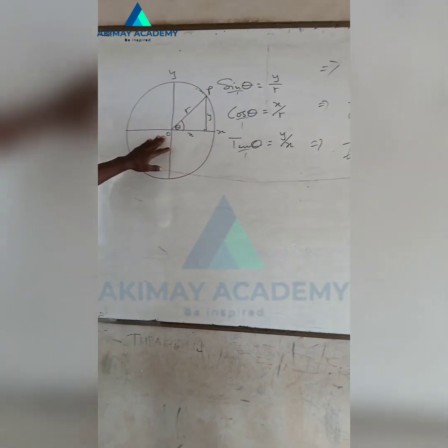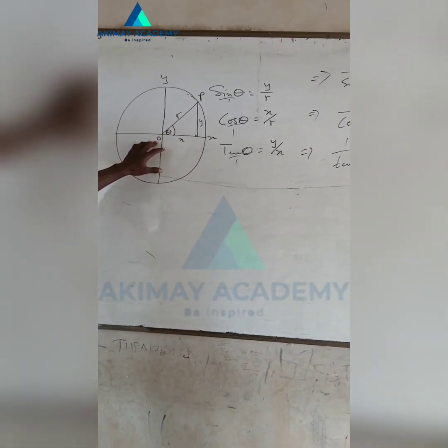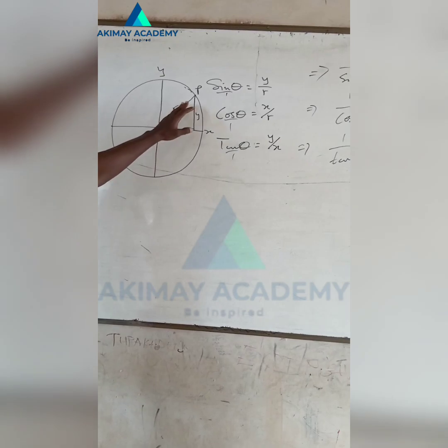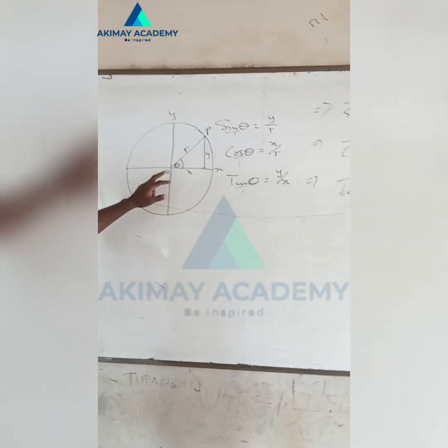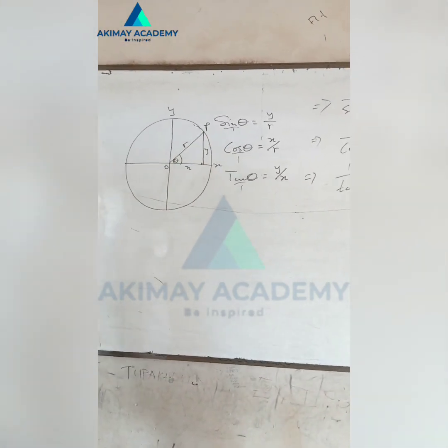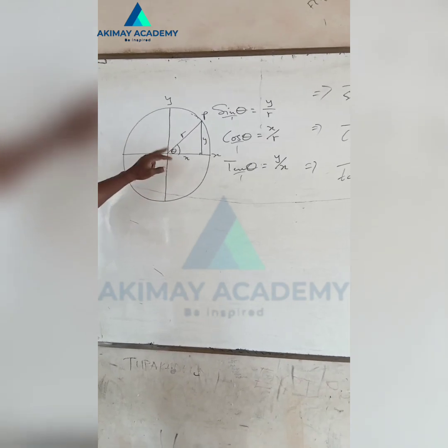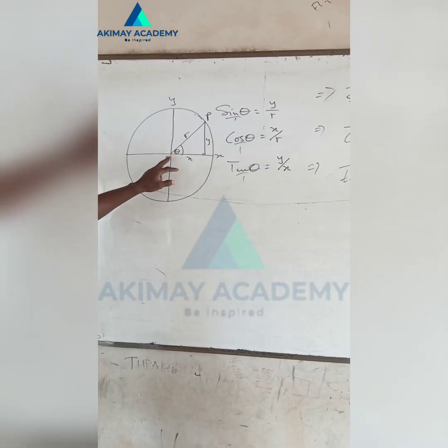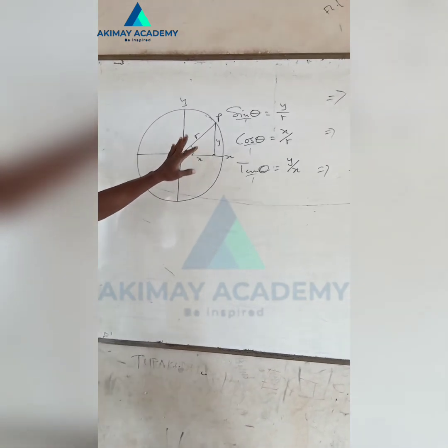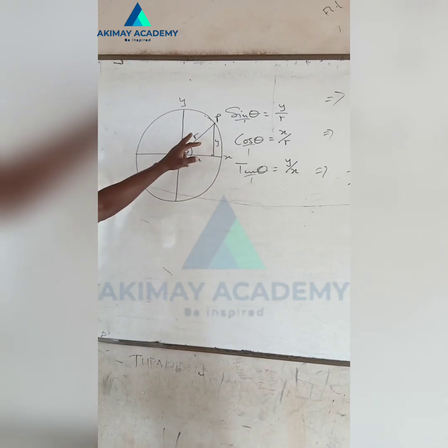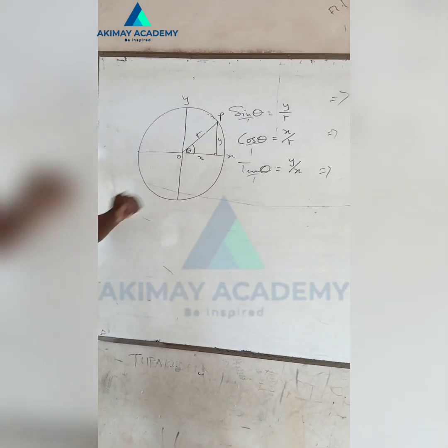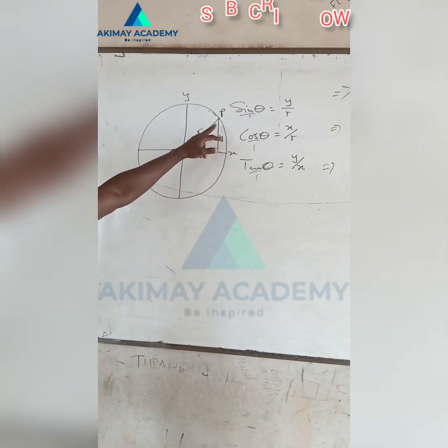The circle has a center of O with a radius of r. So we have O to P to be the radius, because we know that any line drawn from the center of a circle to any part of the circumference is a radius. That's why we have here to be radius. Now you can see that from P to